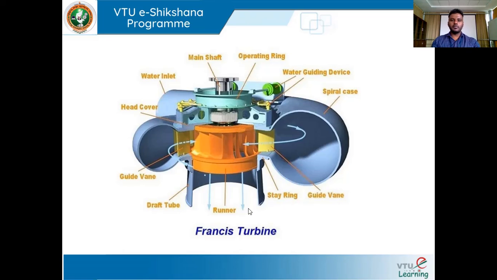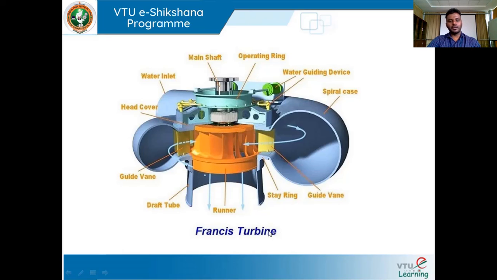So this can be prevented by making use of a draft tube. Once the water having low pressure and less kinetic energy enters into a draft tube, there will be an increase in its pressure energy. Just because of this, we can prevent the cavitation problem of a reaction turbine. Along with that, by selecting a suitable material, especially stainless steel for the runner blade, we can prevent the cavitation problem.